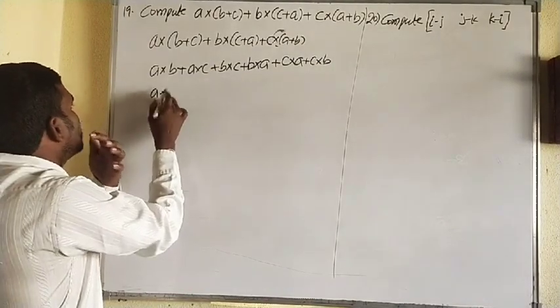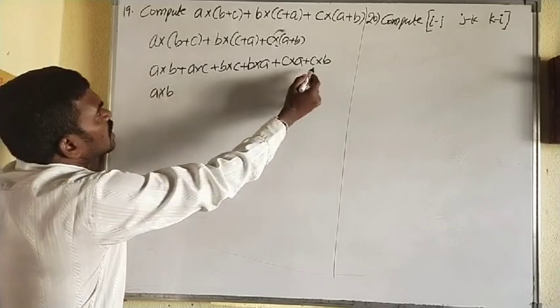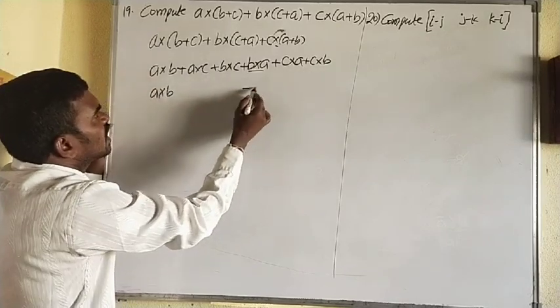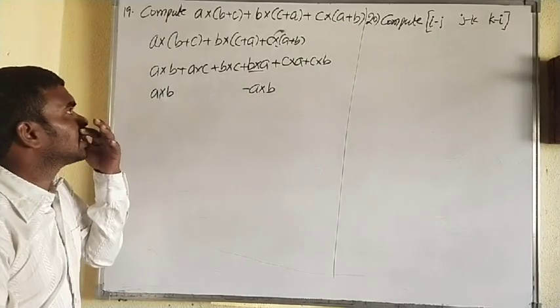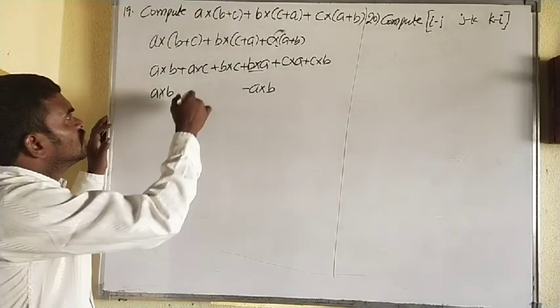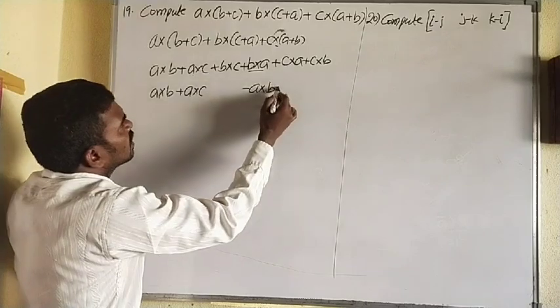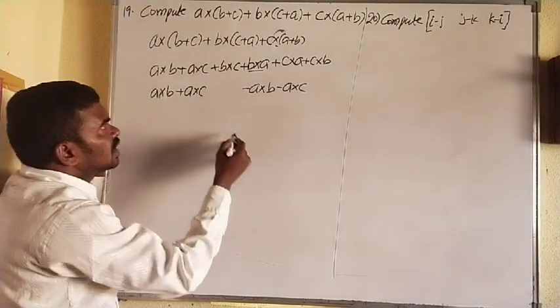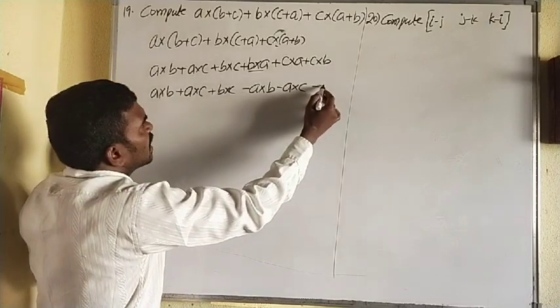That's it. Okay, just changing the direction. A cross B we can write easily, but here B cross A is there, so we can write it as minus A cross B. If you change the direction, plus becomes minus. Next, in A cross C and C cross A, change any one. So A cross C write as it is, then C cross A can be written as minus A cross C. Next, B cross C write as it is. Next, C cross B can be written as minus B cross C.